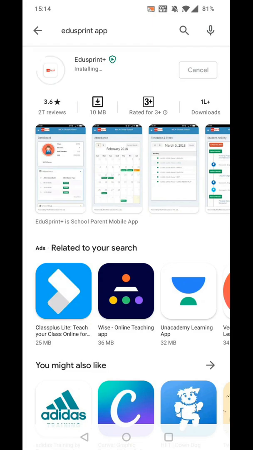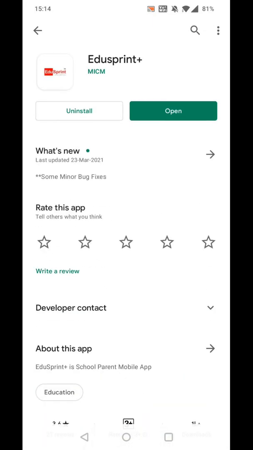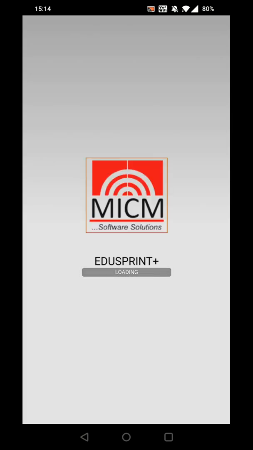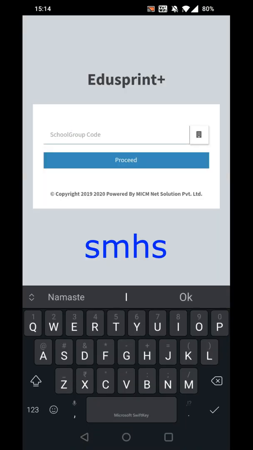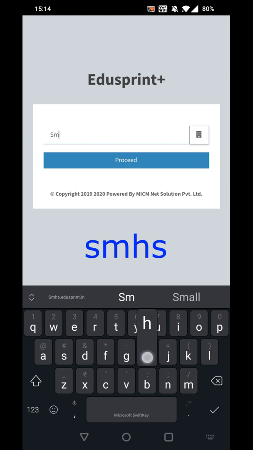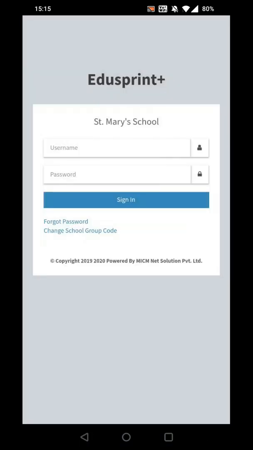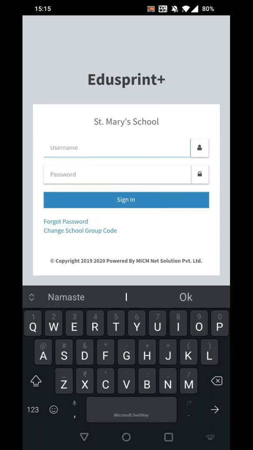We have a school app called EduSprint Plus on Play Store and App Store. Just install EduSprint Plus. Type SMHS as the school code. Here, type the username and password given to you.